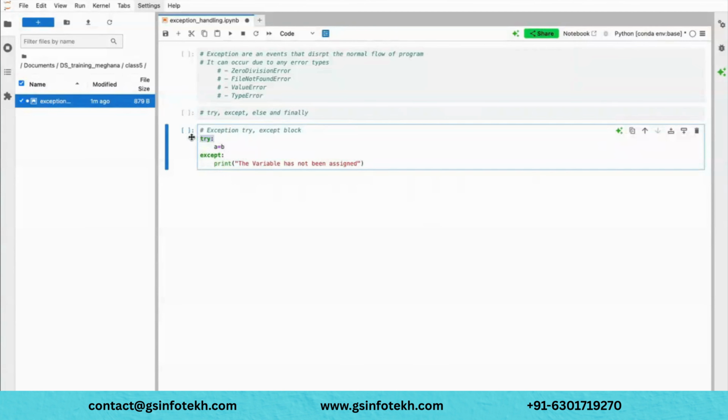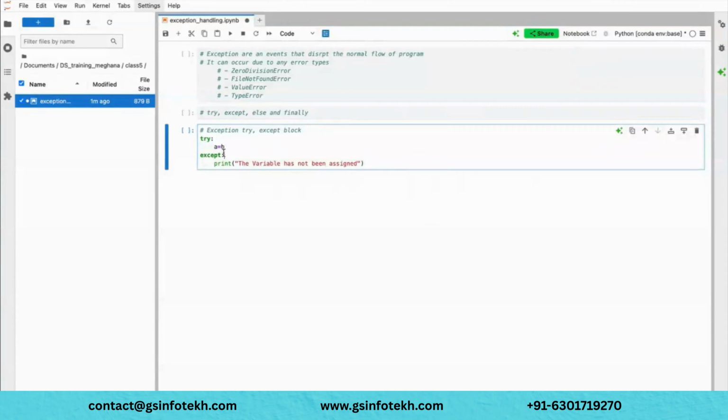The try is a block that lets you write the code in which you think an error may occur. Whatever statements may have an exception or error in the future, you have to keep under a try block.